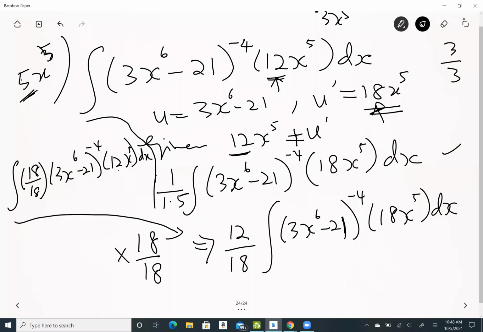I'll give you another one. Sometimes that thing is not as simple as what you have here. Sometimes the u prime will be a little bit more complicated than what you are given here. So let's look at another example. Let's say you want to find the integral of 8x cubed minus